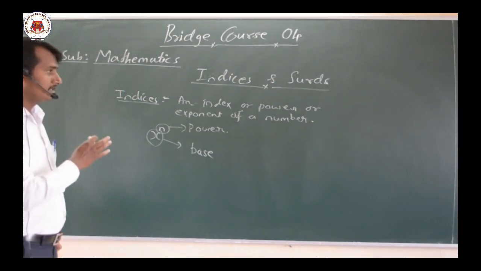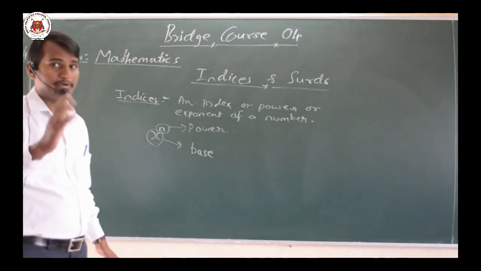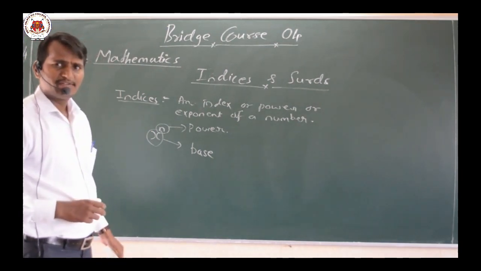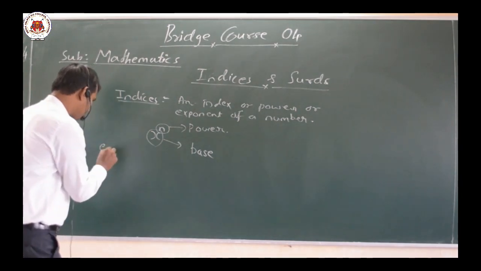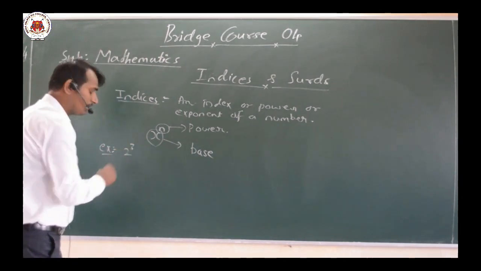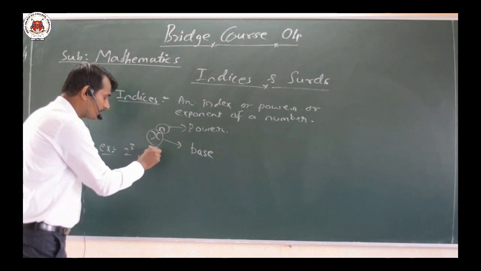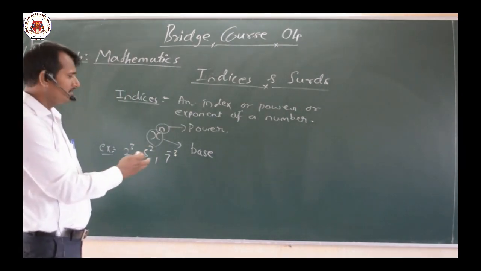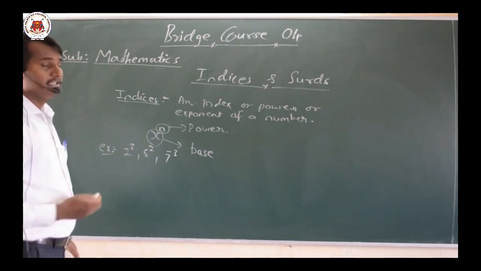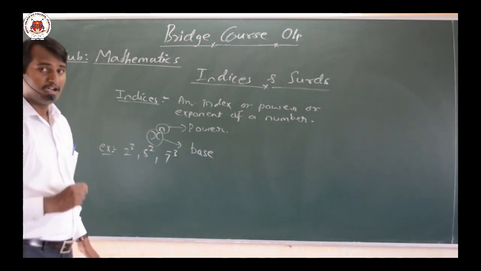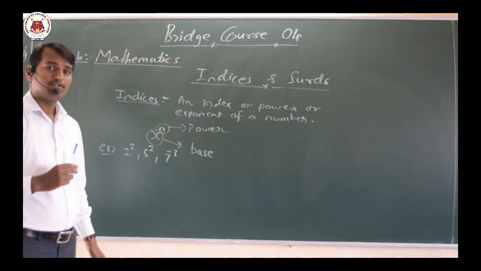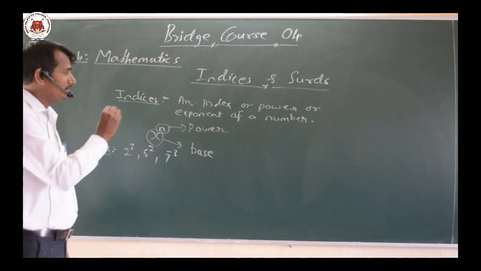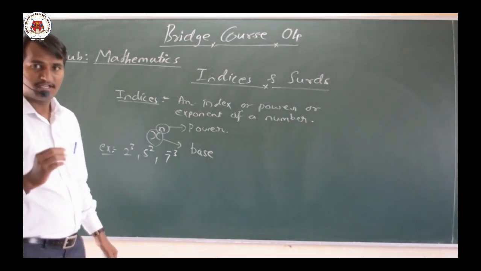It is a very important and powerful concept for your competitive exams also. Now here, we can take very simple examples on it. For example, we can take 2 to the power of 3, 5 to the power of square, then 7 to the power of minus 3. These are all examples of the indices. Now we shall come back to our very important concept, that is what are the properties of this particular indices, that we shall examine.